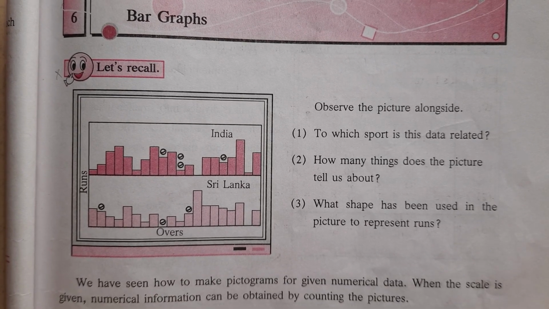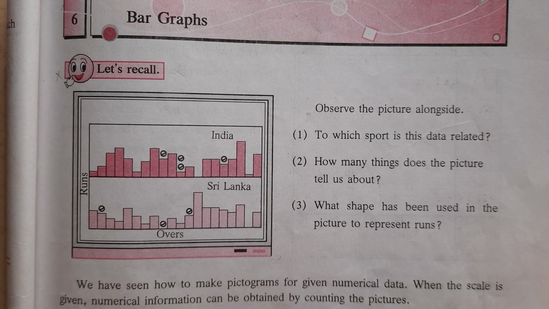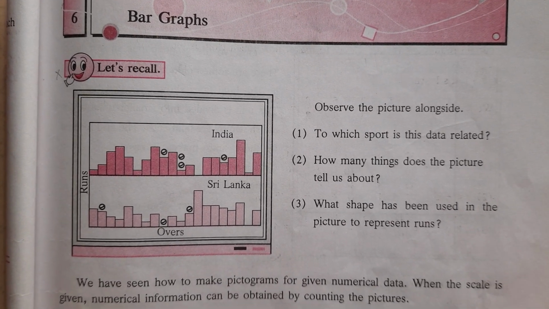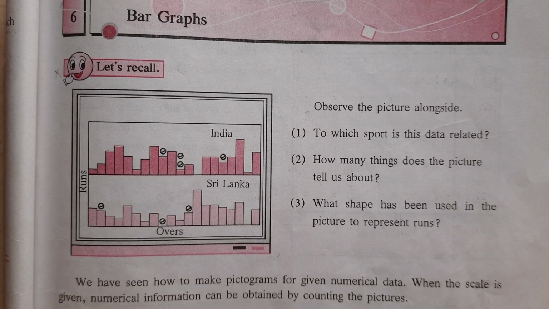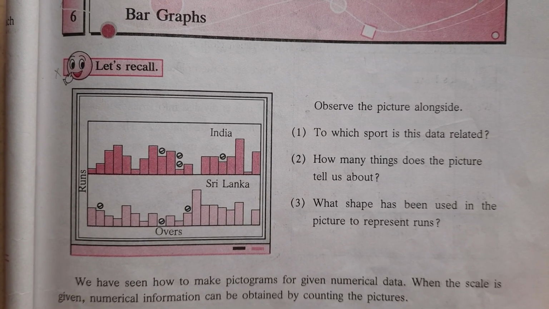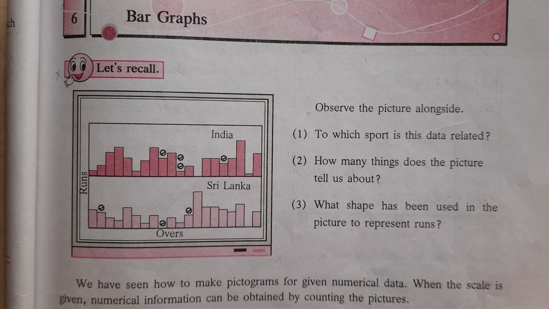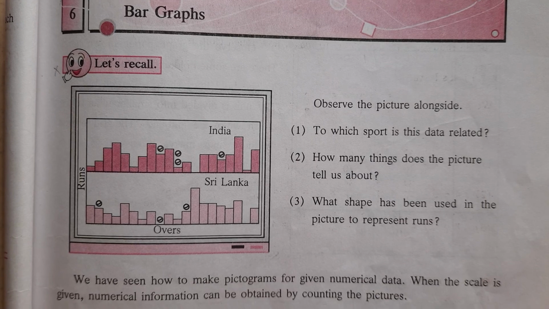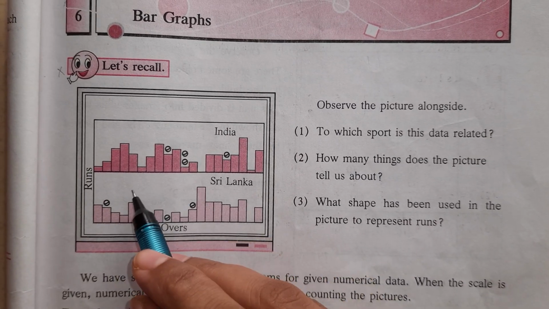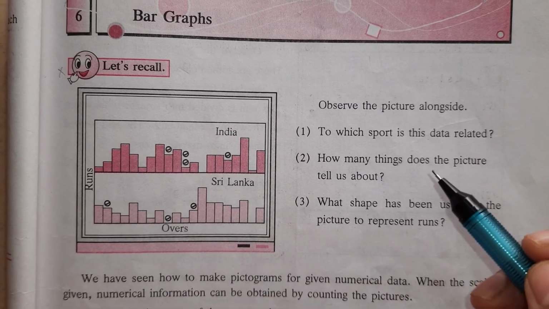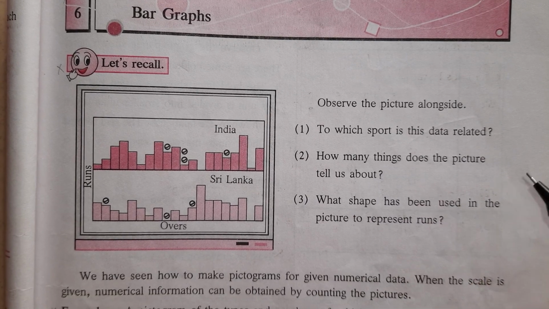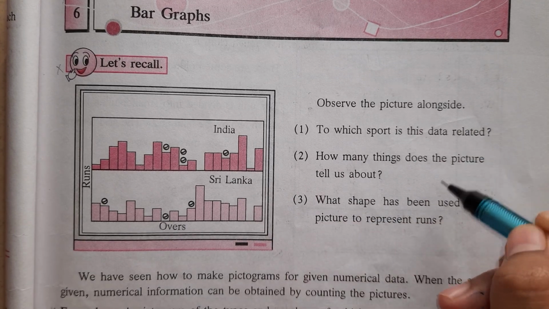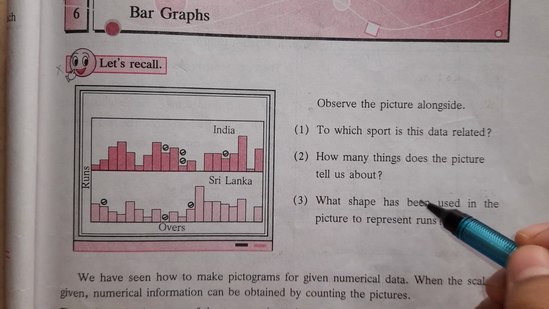When a lot of information is there, a big information, then the study of that information is easier when we represent that information in the form of pictures, or in the form of a graph. Now you must have seen such type of a picture in a newspaper or somewhere on the internet. By observing this picture, can we answer some of the questions?